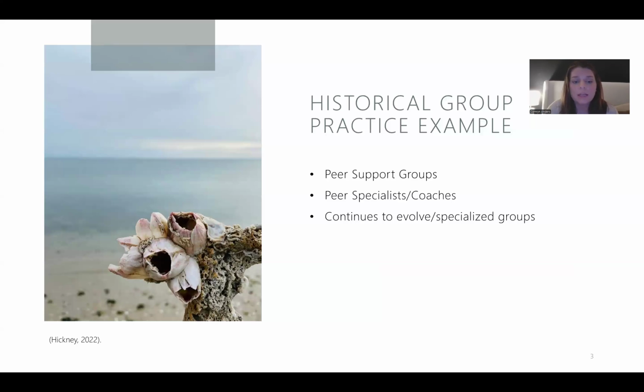Continuing on with that, one example of a significant group practice that really took off in the 1970s is peer support groups. Following the closure of mental institutions, the individuals housed there were viewed as dangerous or unstable, leaving them unwanted and undesired in the community, naturally resulting in them finding community within one another because they had that commonality of living at these mental institutions and not feeling supported by their community outside of these buildings. So they were finding each other through that lived experience, now known as peer support.